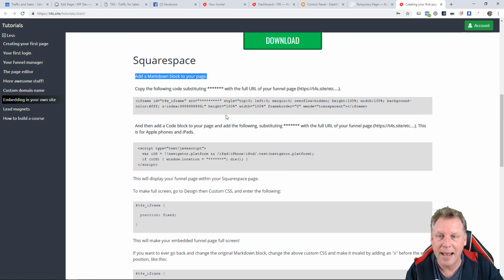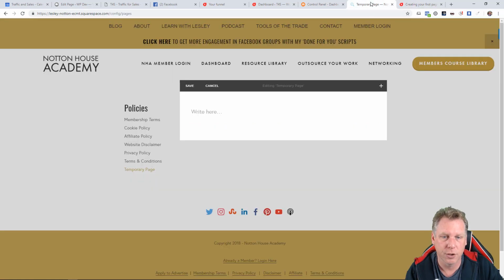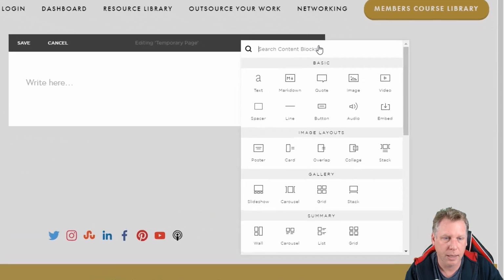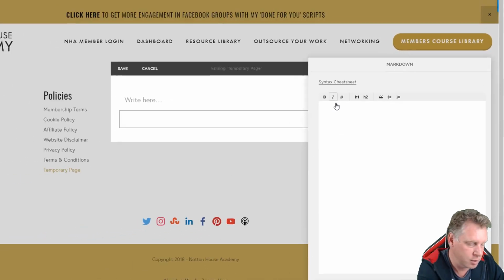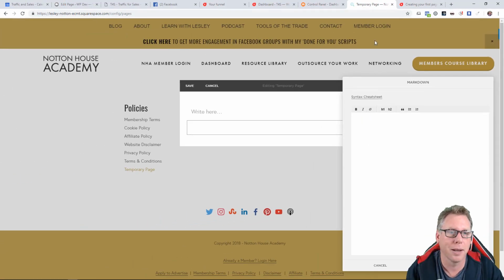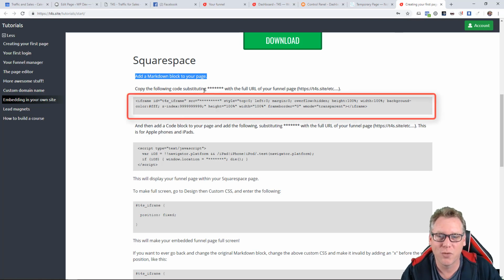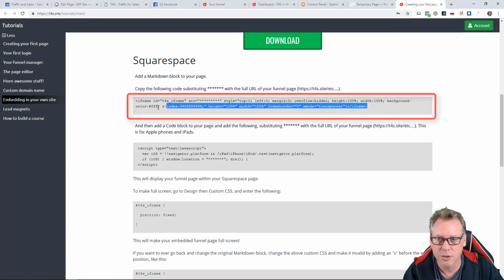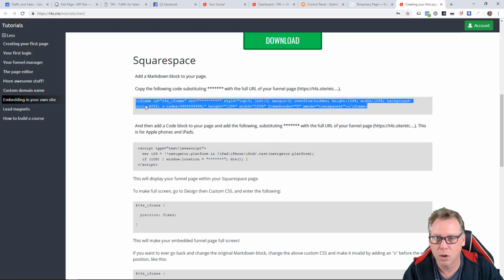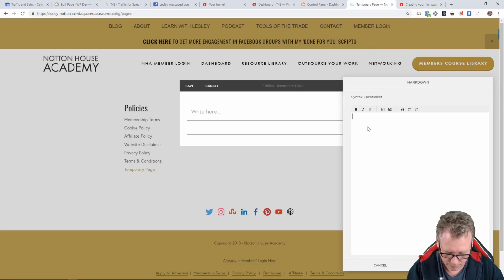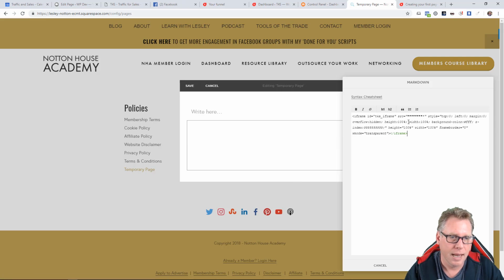So first of all, add a markdown block to your page. So click and markdown. I'm going to put my specs on so I can see what I'm doing. And then copy the following, substituting the stars with the full URL of your page. So I do that, copy, paste, and the URL